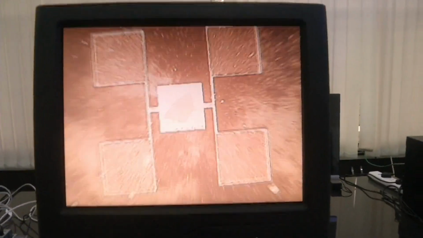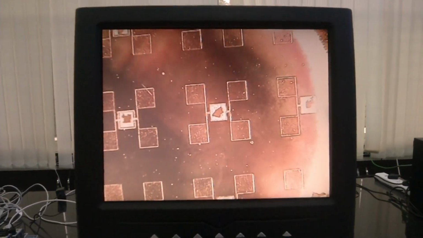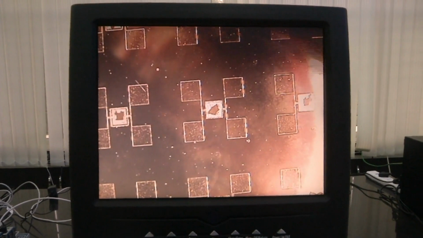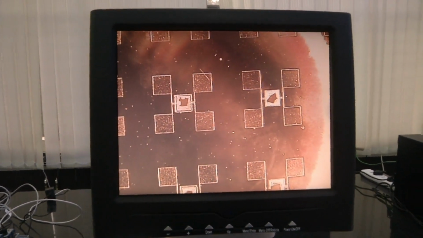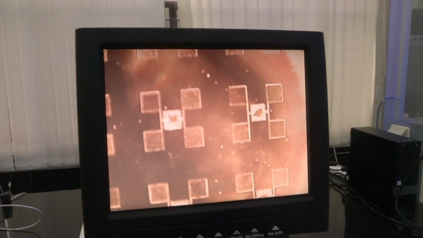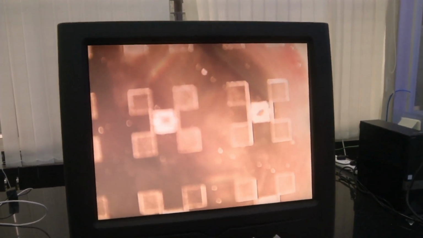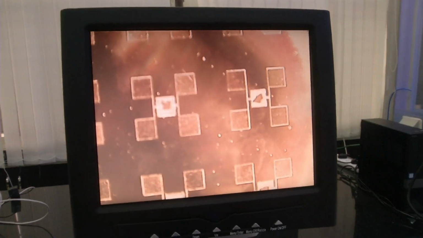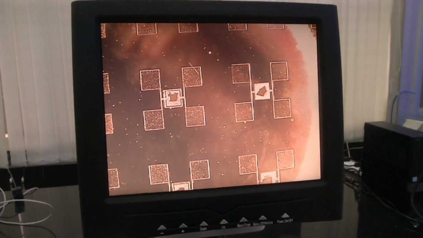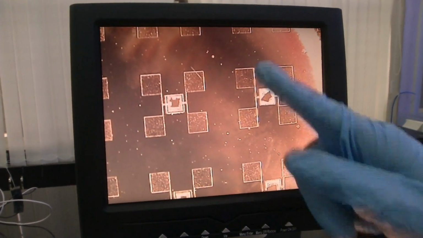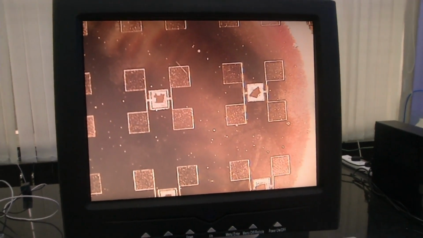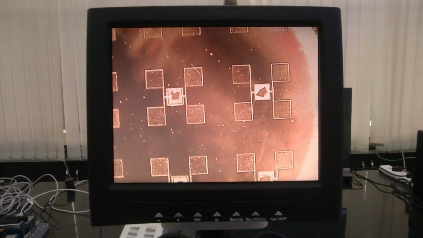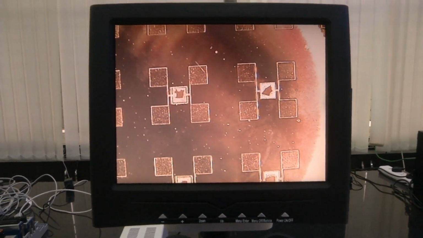Now, let me zoom out, so that we can see more than one sensor. See, now you can see more than one sensor at a time. Then again you have to adjust the height in such a way that you can see it in the most effective manner. See, this is now going out of focus. We have to bring it back to focus. How do you know whether it is in focus or not? You look for some sharp line that is there. If you are able to make out that sharp line, that means your camera and your objective are in focus. You have to capture images after that.